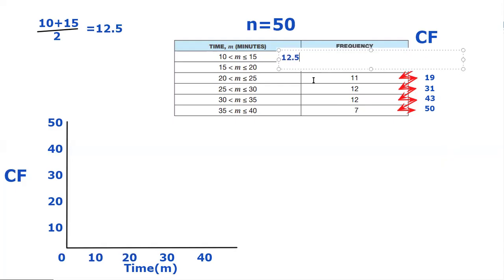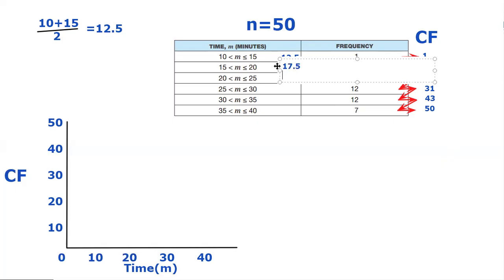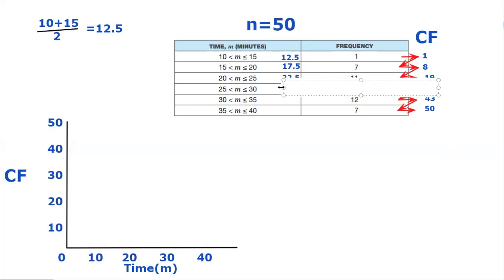So that's the midpoint. And then here, next one, 15 plus 20 is going to be 35. 35 divided by 2, it's 17.5. 17.5. Next one, we have 20 and 25. So 45 divided by 2 is 22.5. That's the third midpoint. Next one, we have 25 and 30. So 25 plus 30 gives you 55. 55 divided by 2, it's